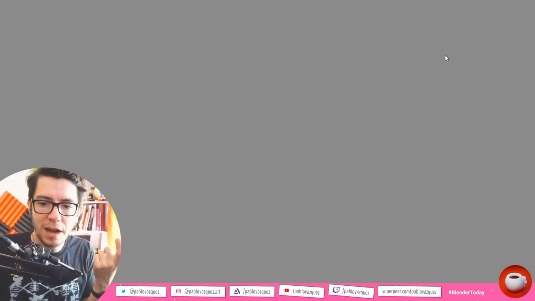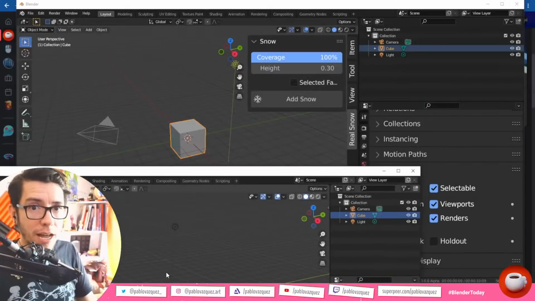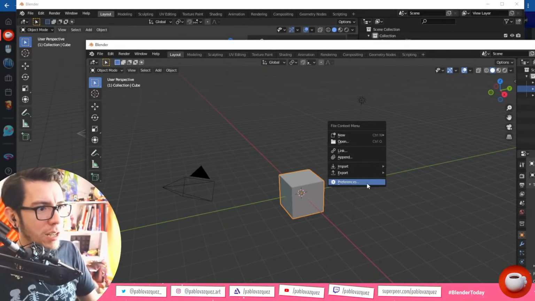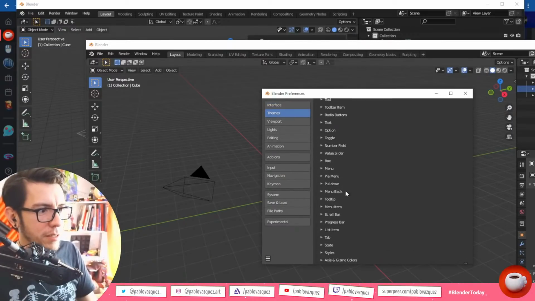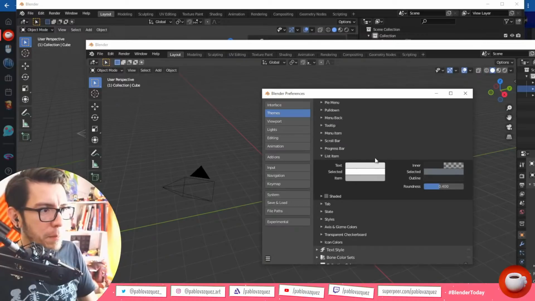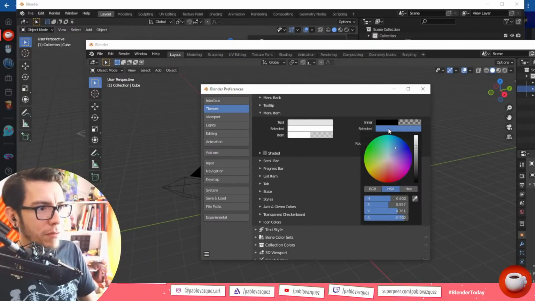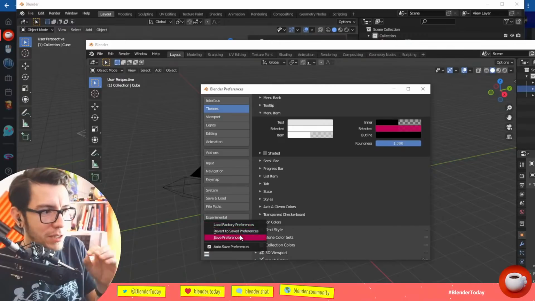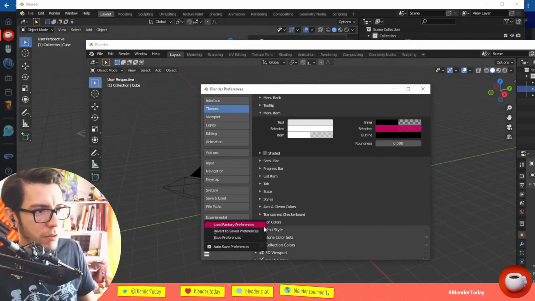And it's not that I'm hard coding things to be rounded. I'm actually using the rounded value in the list. So you see, this goes all the way to the edge. And in the preferences, if you change this, it's the list item. No, not list item, menu item. So this is the menu item. If you change the color, it changes the color, but if you change the roundness, it is not affected.